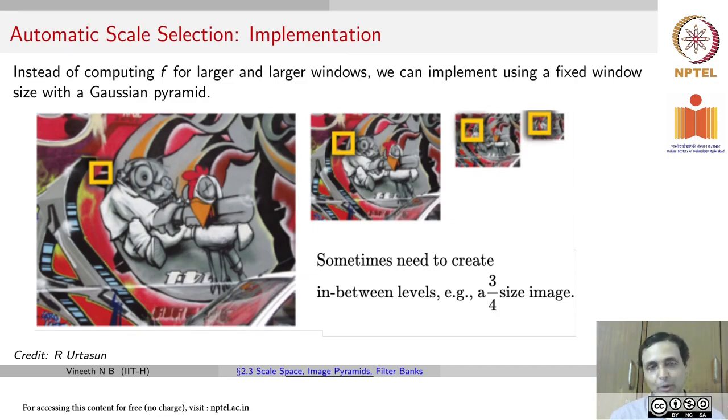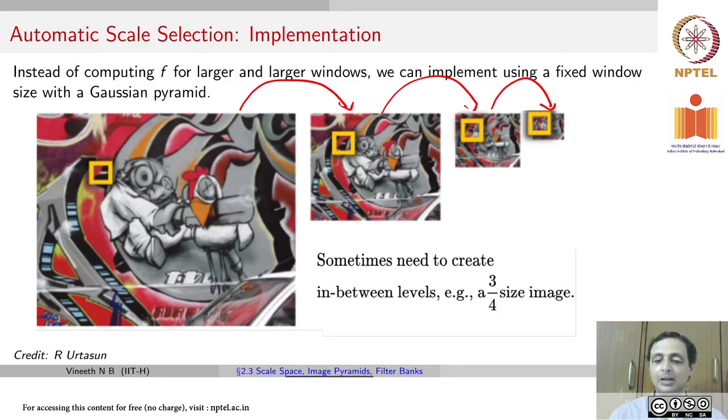Instead of changing your patch size in each of your images, you fix your patch size across any images you may encounter, but change your image size by doing a Gaussian pyramid. Recall our discussion of Gaussian pyramid when we spoke about interpolation and frequencies. Remember, a Gaussian pyramid is constructed by taking an image, Gaussian smoothing the image, then subsampling the image and repeating this process again and again. So we do the same thing now and keep the patch size same and construct a Gaussian pyramid.